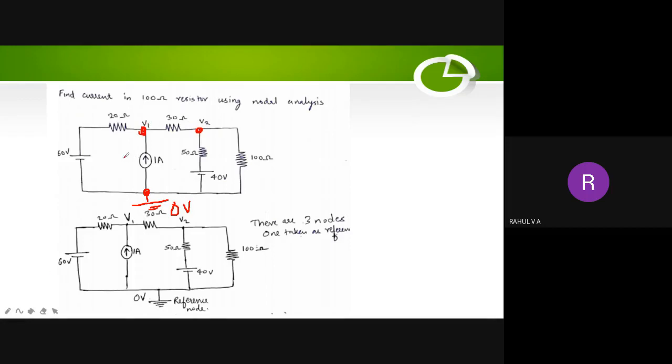Okay. So while doing assumption, I can assume that all currents are leaving away from the node. So I1 I am assuming like that. Here is my I2. In the case of I3, I can't assume it is leaving from the node, because there is a current source, and you can see the arrow mark indicates that current is going into the node. Since that is a current source and the direction is upward, I can't assume that it is leaving from the node. So that is the issue when we have a current source.